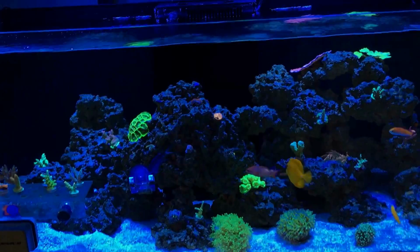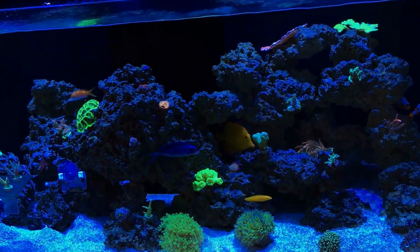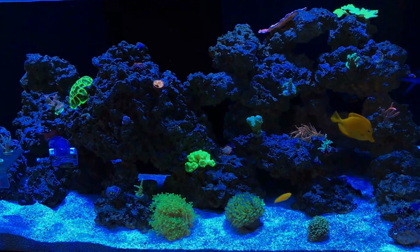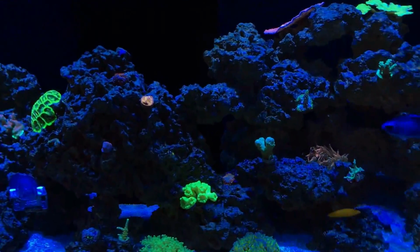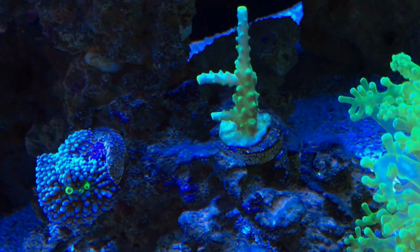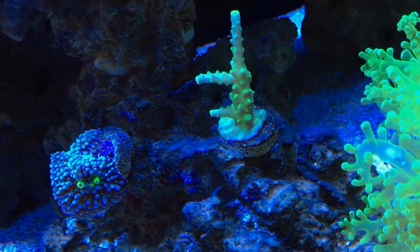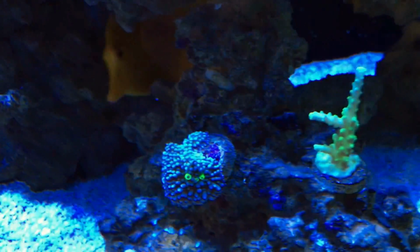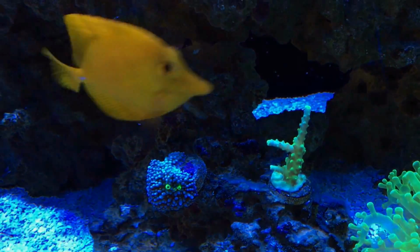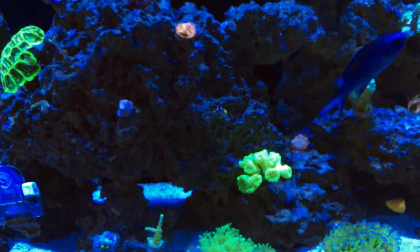I'm doing the once a week dosage. It says you can do twice a week if you have bryopsis, bubble algae, turf algae, or a dirty tank, or for clean tanks, once every 2 weeks. But there's a little bubble algae still. You see on the bottom right of that frag, still a piece of bubble algae there. But the stringy stuff that was growing around these two frags is gone as well. So, it's hard to say if the Vibrant was the superhero of this tank or not, but I tell you,